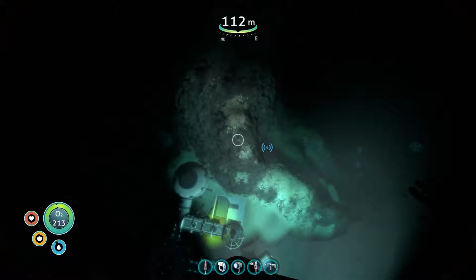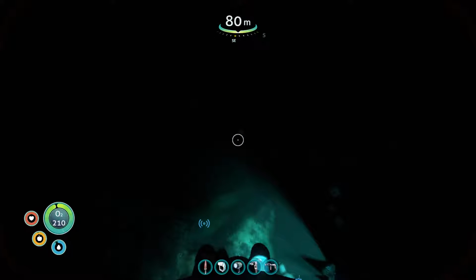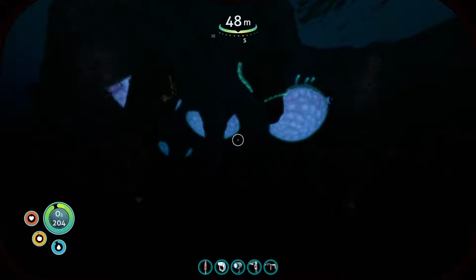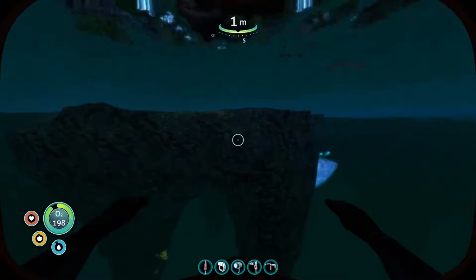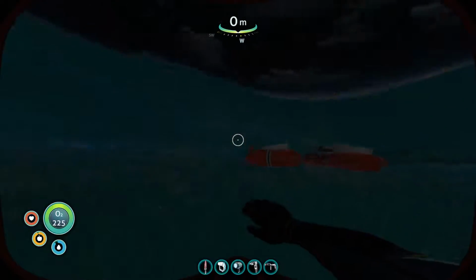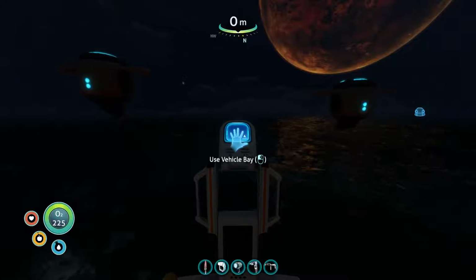So I'm just holding spacebar and that'll allow me to swim straight up so I get kind of an idea of where I want to build this thing. Ooh, that's spooky at night. Which it's not far from. That's good. So if we just build it right here, it should land where I want it to. So...